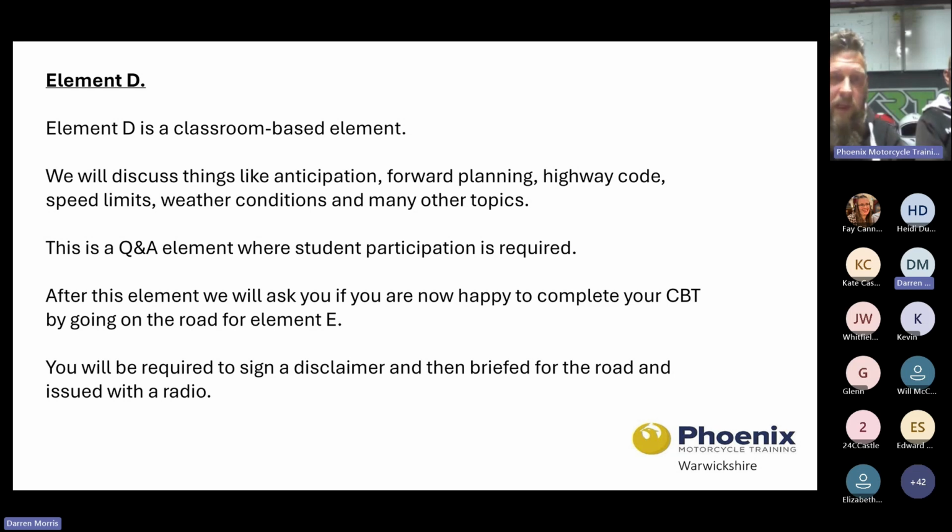After this element is complete, as long as we've had a very successful day so far, we would then be looking to take you out on the road to complete your CBT. That road ride must last a minimum of 2 hours. When we're out on the road, there are different scenarios where we would have to stop the clock, so to speak. If we stop for longer than 5 minutes, we'll stop the clock